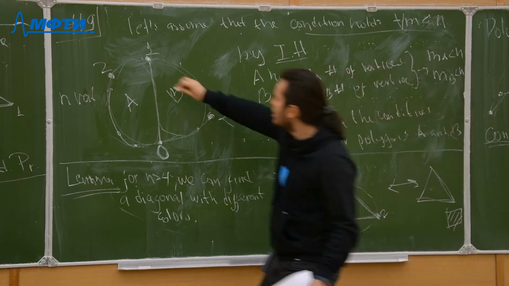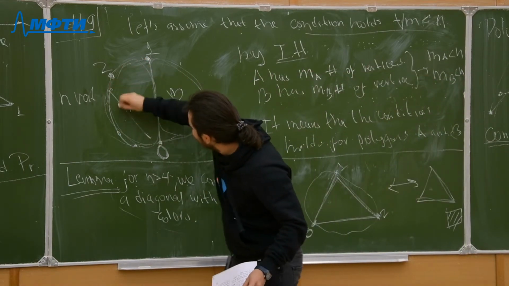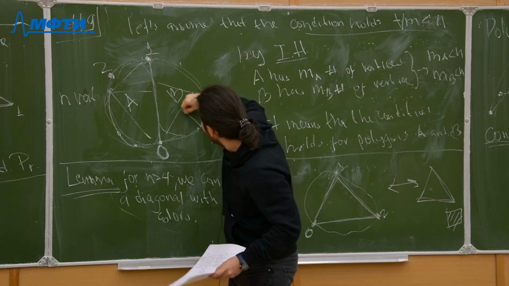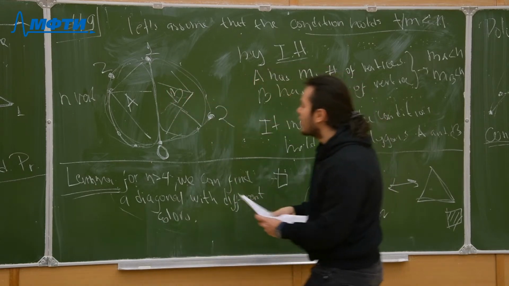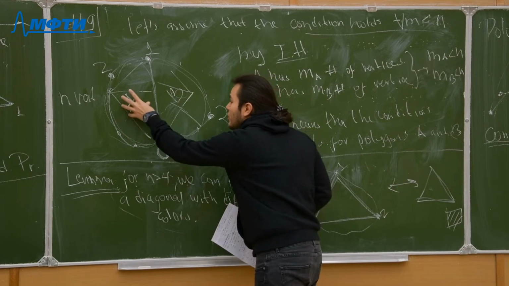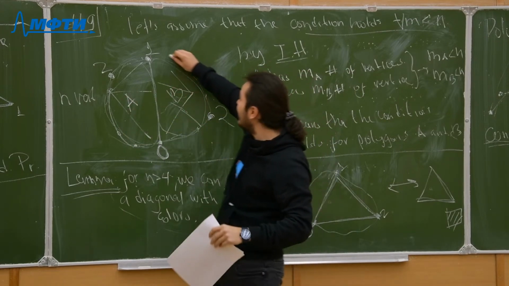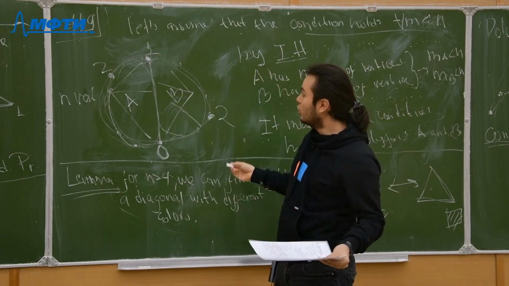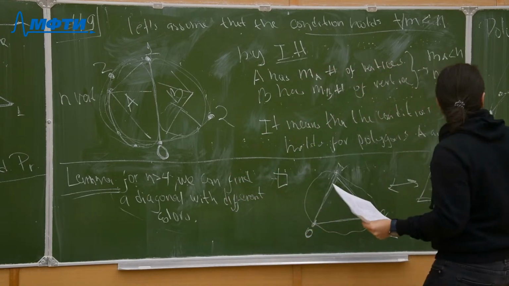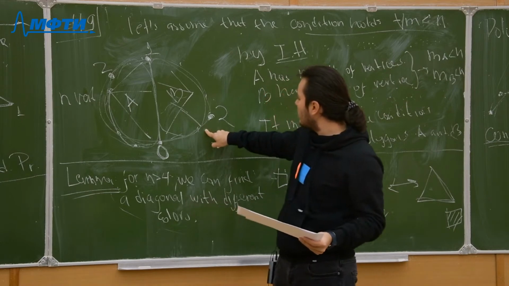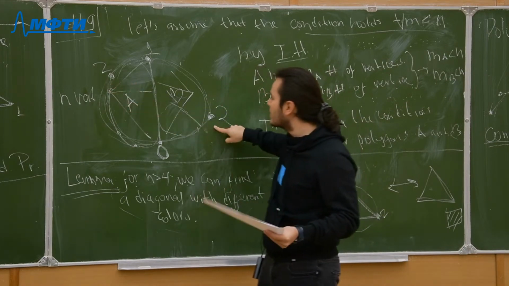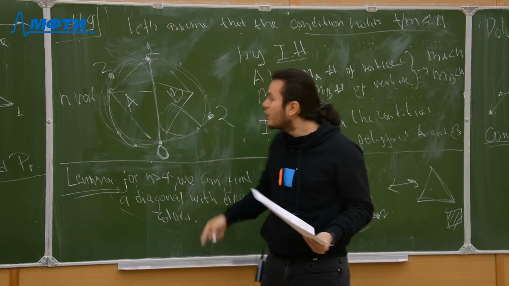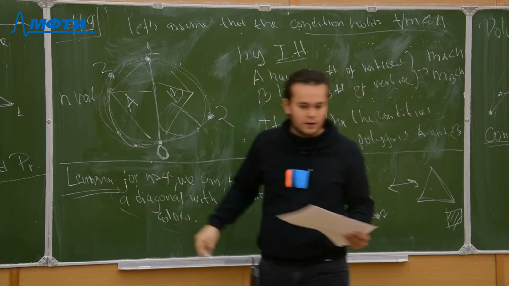So for this polygon A, I can find some triangulation, and for this polygon B, I can also find some triangulation, such that the condition holds here and the condition holds here. It means that the condition holds for the whole polygon itself. Good. We proved almost everything. But here we assumed that we have color number 2 on both sides. So we have color 2 here and color 2 here. Now, what if we have color number 2 only on one side? Then